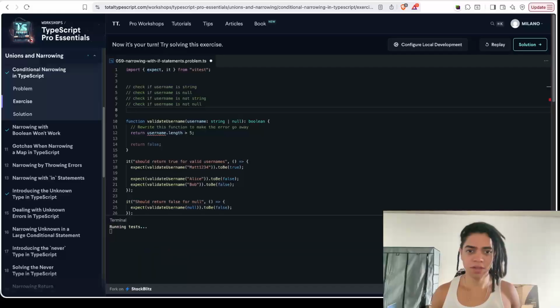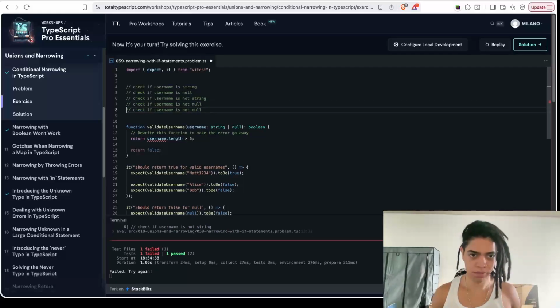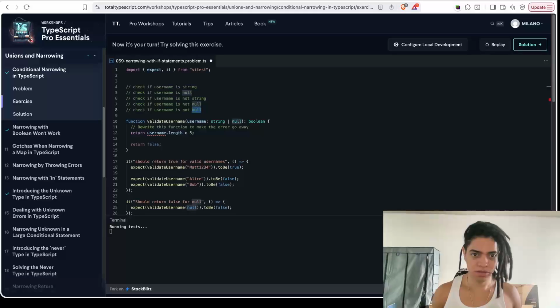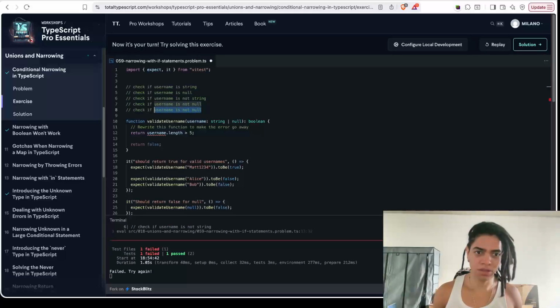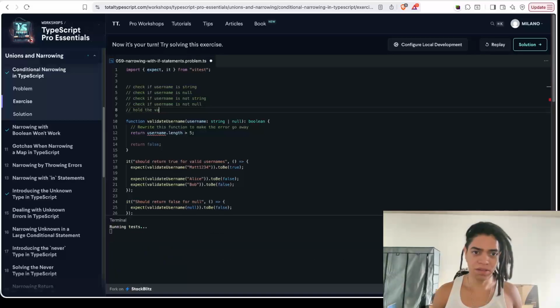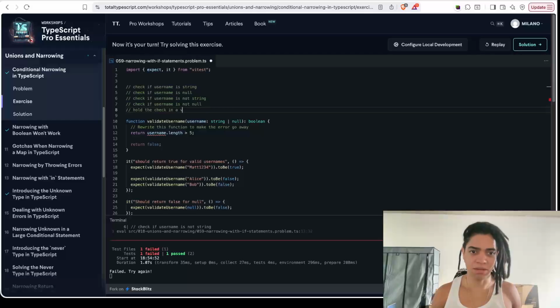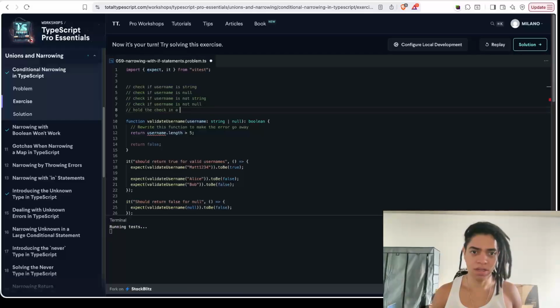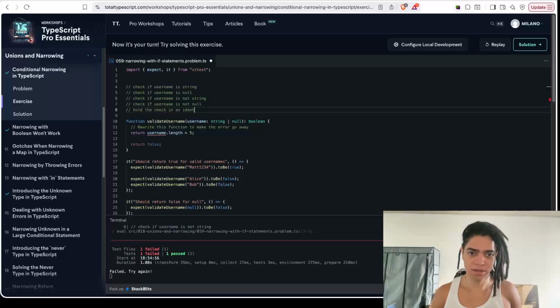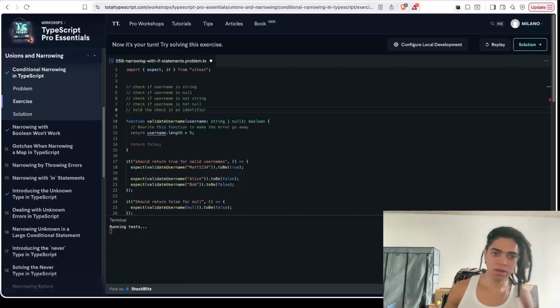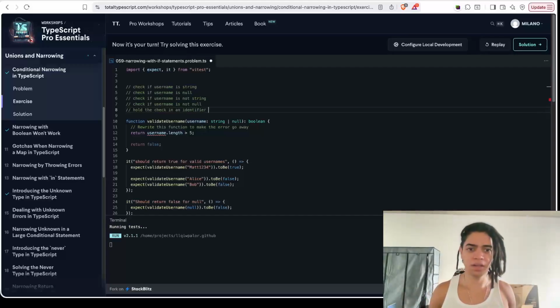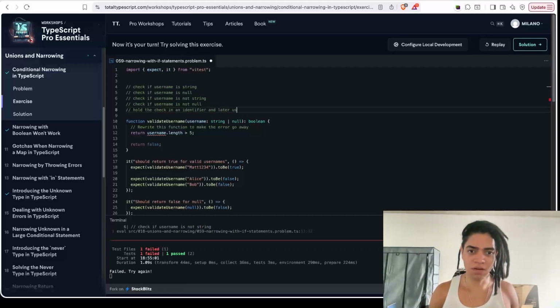And the other is hold that reference, right? Check if username, and now the other is hold the check in a variable or in an identifier. Okay, hold the check in an identifier and later use it,